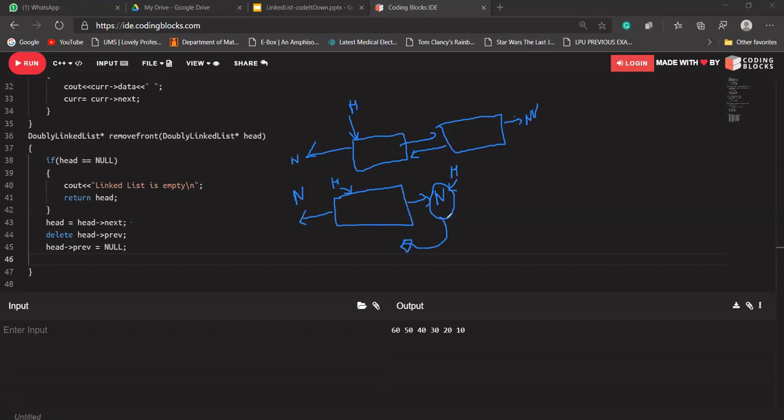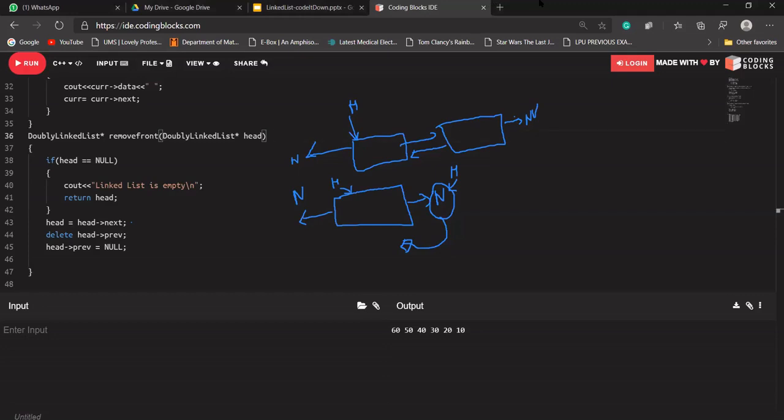So these two statements will cause an error here, a segmentation fault. For that we can create a special case here.